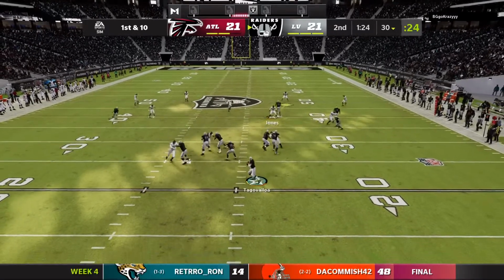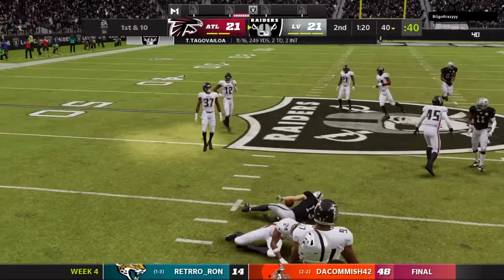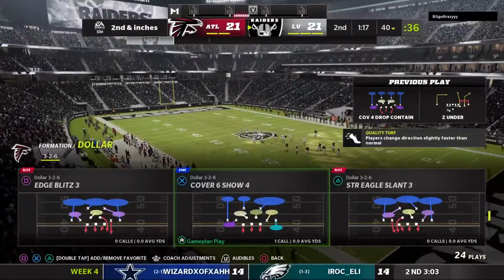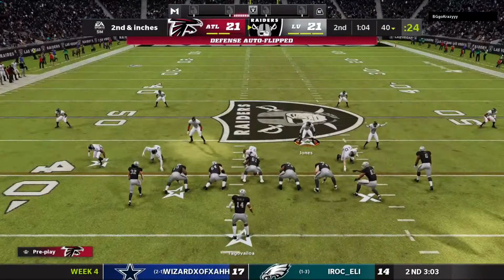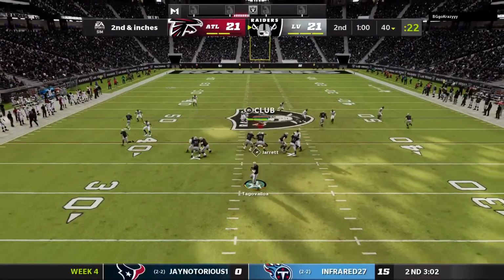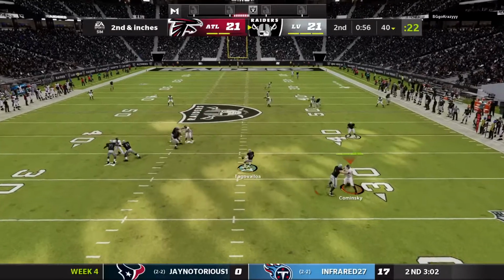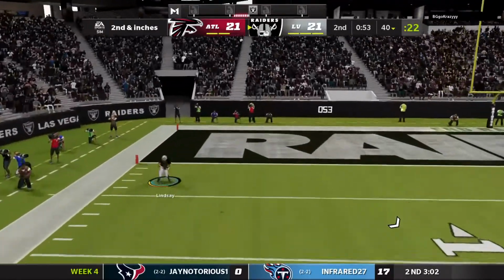Here's Tagovailoa on 1st and 10. The open man here, Renfro. And that's good for a pickup of 10 yards. And that'll make it 2nd and a foot or so. And with that completion, he's now north of 200 yards here in the 1st half. Boy, a tough start for the secondary defensively. It is, and it's got to put a dent in their confidence. And, you know, you always want to keep that up and feel like you can always bounce back after plays. But with a kind of...